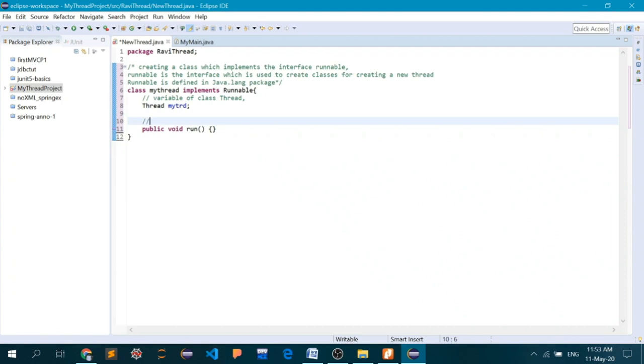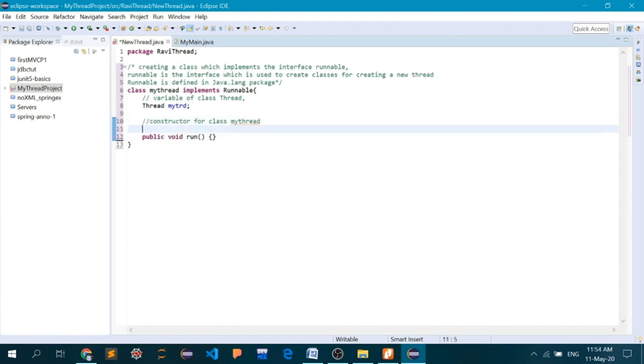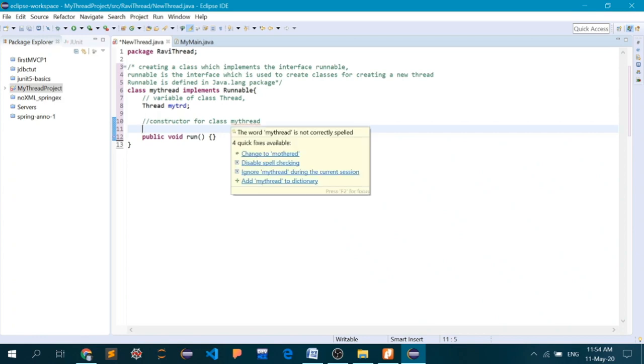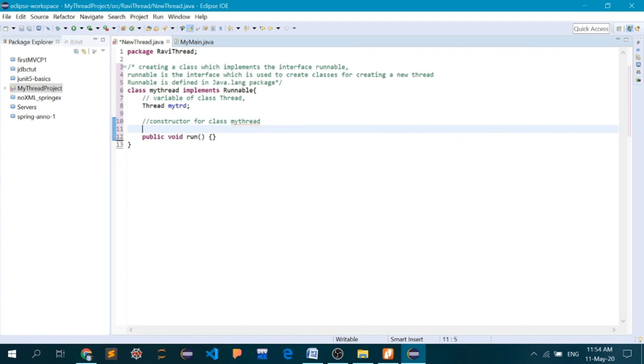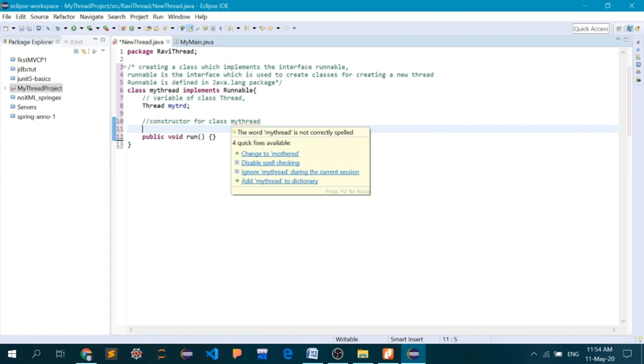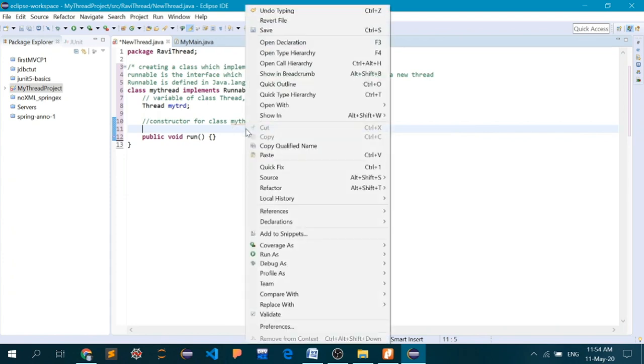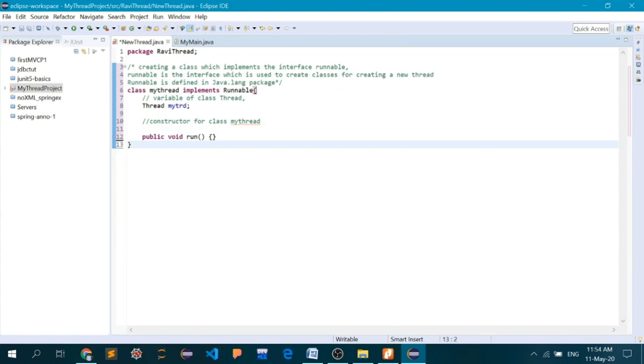and now I'm going to create the constructor for class MyThread. Let's create the constructor.